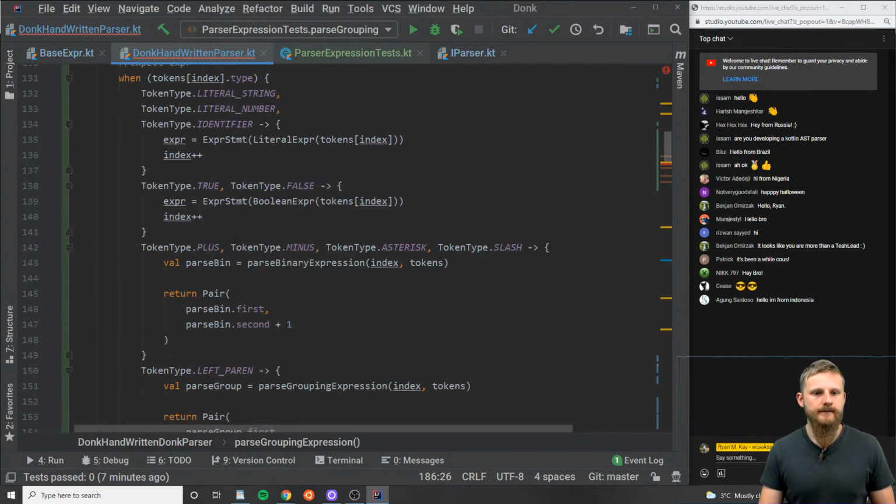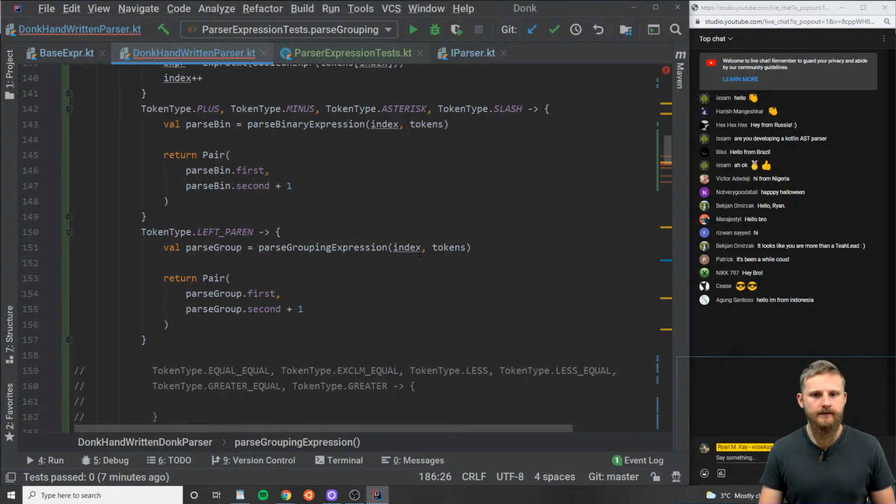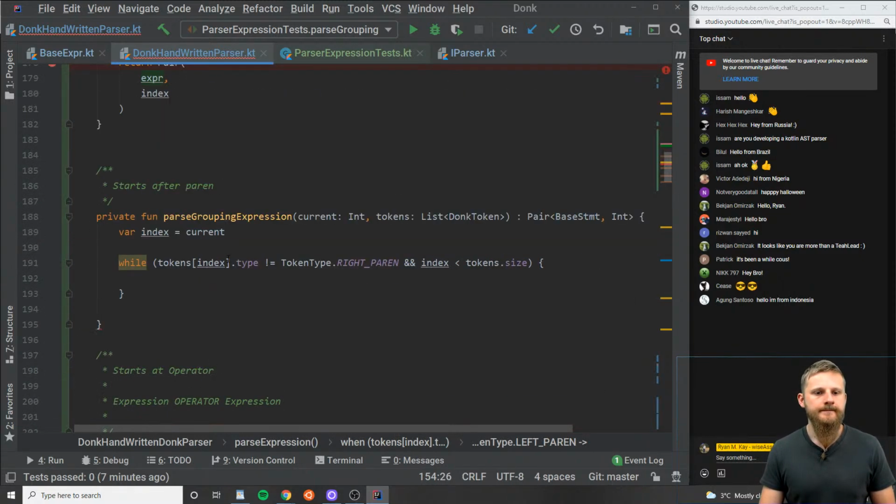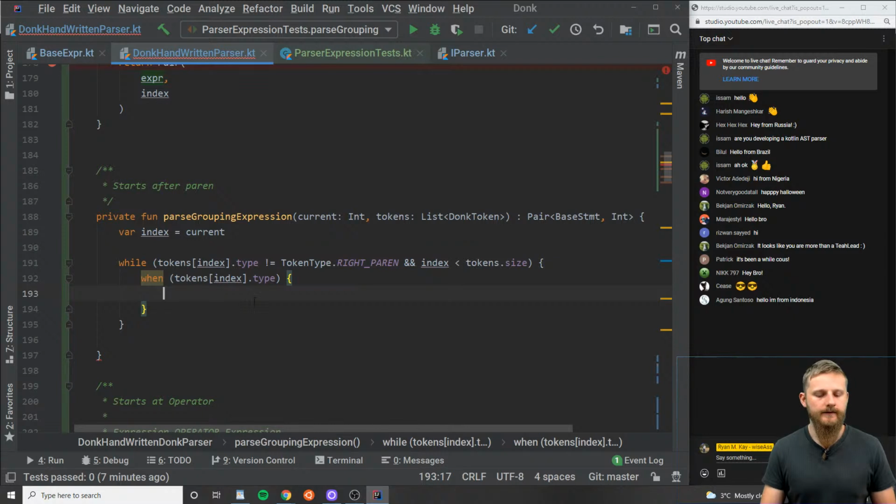Let's do that. Parse group. So we're going to give it index +1. Okay. Then we need our when statement. And then the first one will be just a literal expression. So when it's a literal expression,